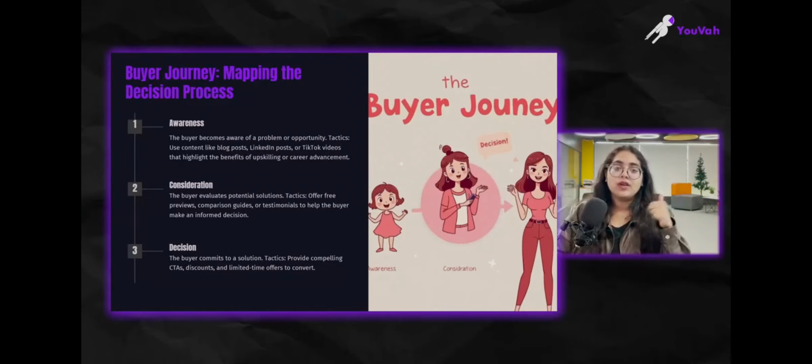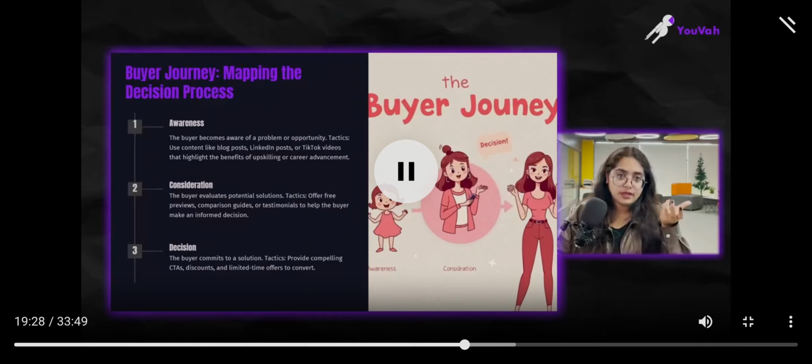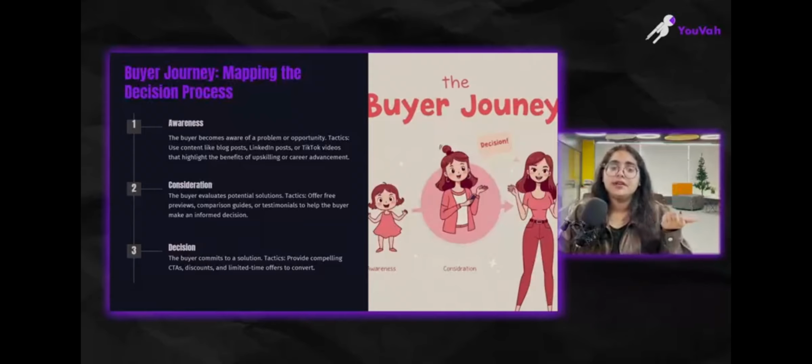Now, tactics. What you can do from your side is, if they're already aware of the problem, highlight it a little more. How can you highlight it? You can talk about it on video, on a blog post, on LinkedIn, right? And you can highlight different benefits of it. For example, if a person is facing a problem like, should I go for career advancement or not, right? What you will be doing in this category is creating content around career advancement. If you're already aware that your customers are talking about this particular subject, then you create content around career advancement, right? You mention all those details over there.